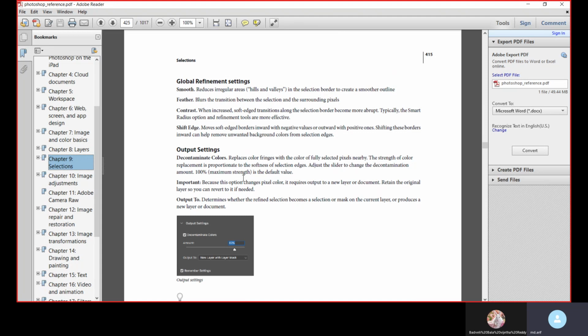Typically, the Smart Radius option and refinement tools are more effective. Shift Edge moves soft edged borders inward with negative values or outward with positive ones. Shifting these borders inward can help remove unwanted background colors from the selection edges.